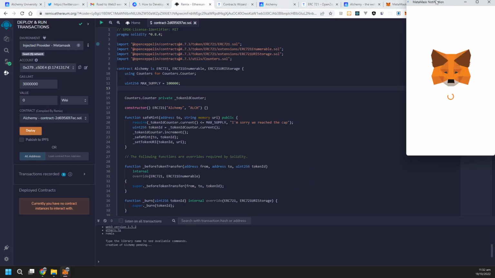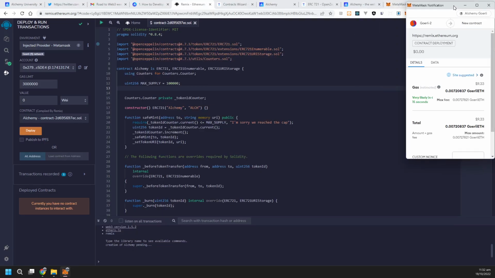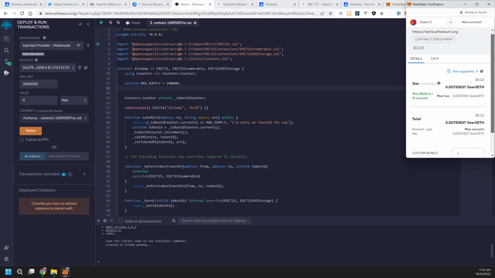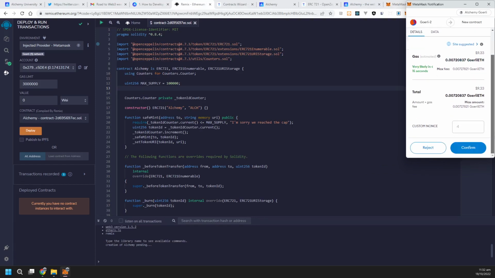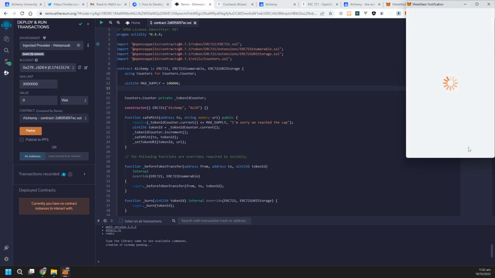Here it is. You can see this window pop up. Here you need to pay the gas price to deploy the smart contract, by deploying it using this Goerli 2 account. Now let's confirm it,